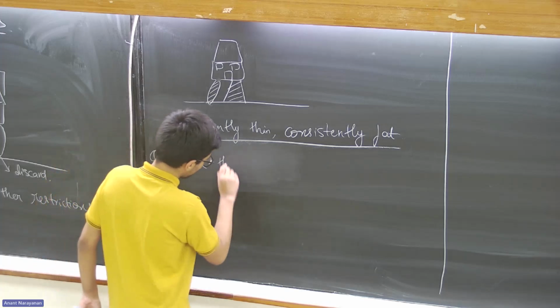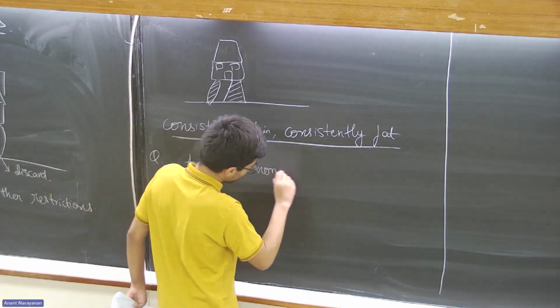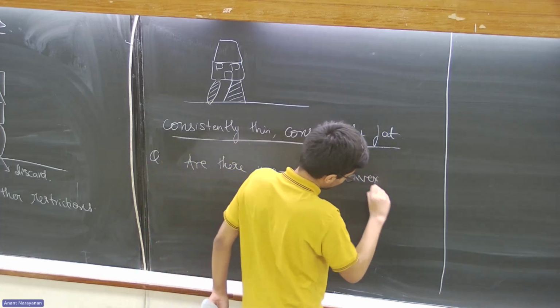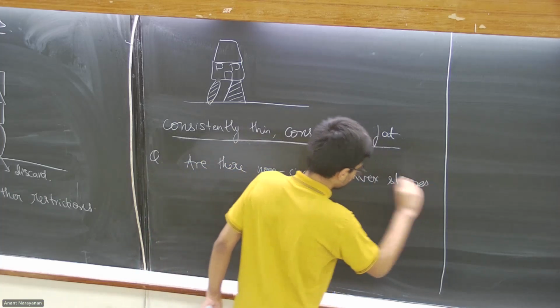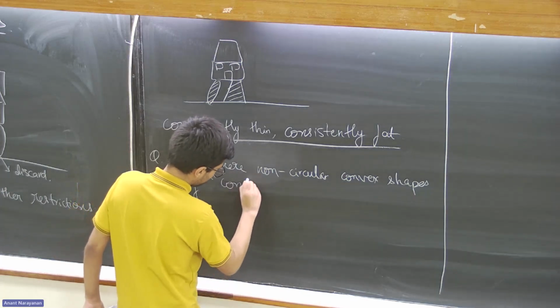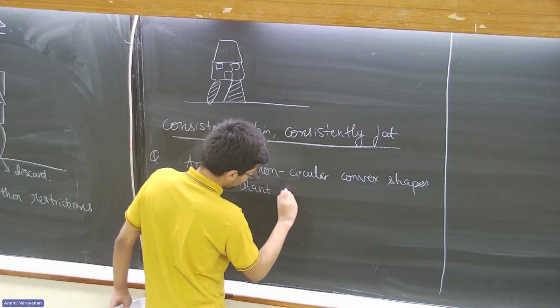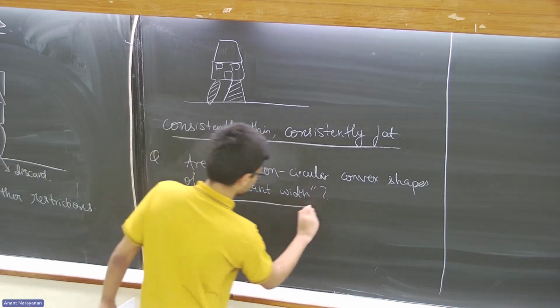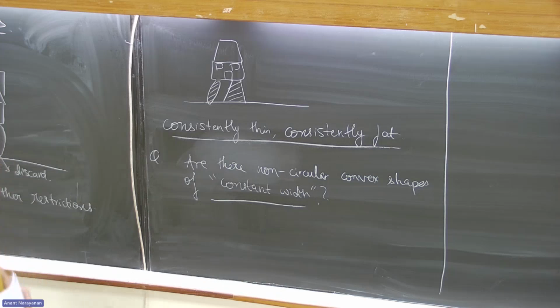Are there non-circular convex shapes of, I'll say, constant width here, which I'll formally define first. But for now, I think this is fine. And this problem of finding a non-circular convex shape of constant width, again, I'll define this formally,